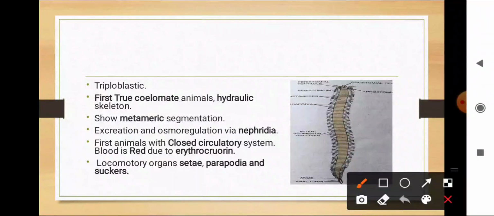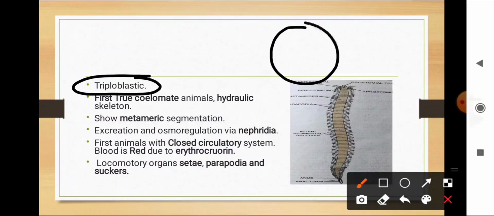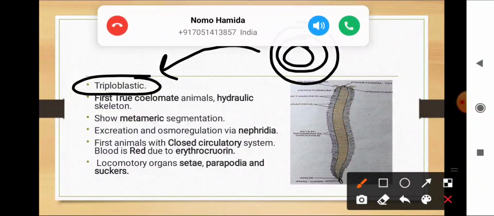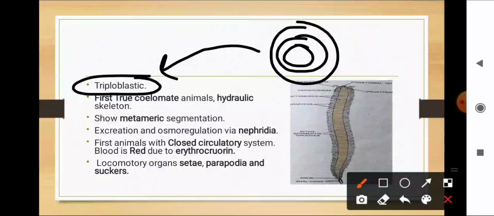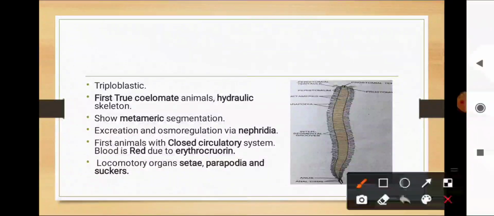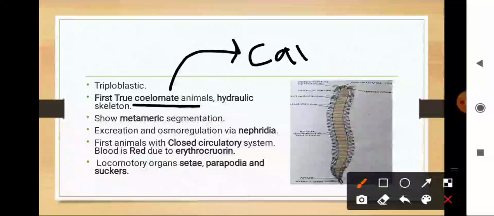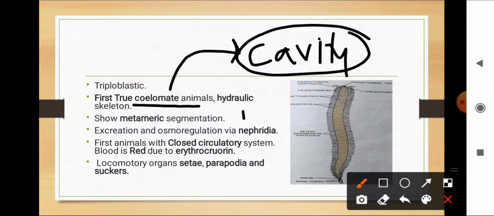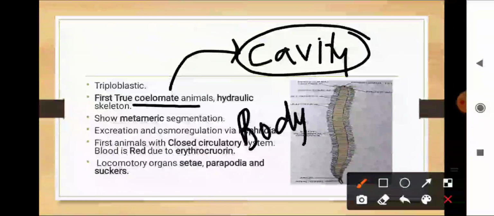Another, if we look at the germ layers, they are mostly triploblastic, meaning they have ectoderm, mesoderm, and endoderm, three layers at the blastula level. Okay, they are the first true coelomate animals. Coelomates means they have a cavity. This is the first animal which has a cavity present between the body wall and